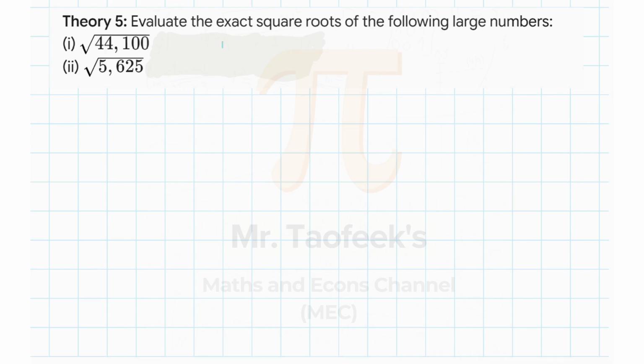Theory says, evaluate the square root of the following large numbers. The first one is the square root of 44,100. Some people will be like, so what? But this is not a calculator question. How on earth do you expect us to do this? So this one is